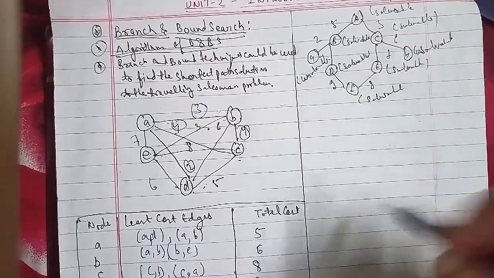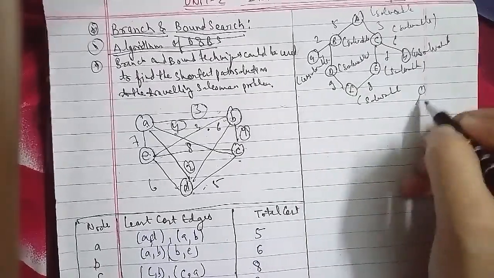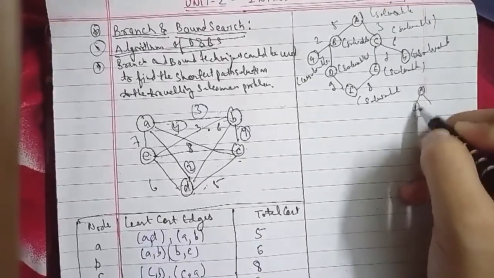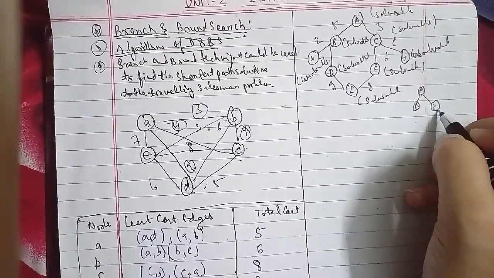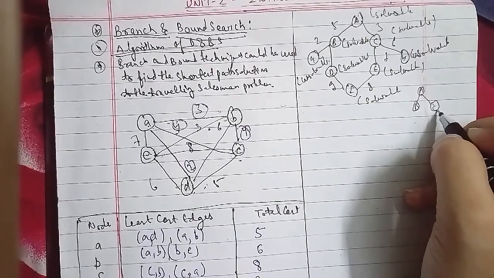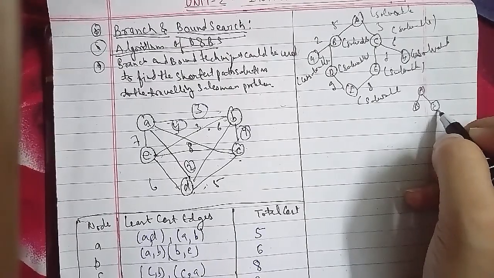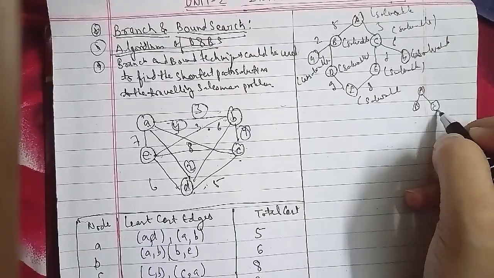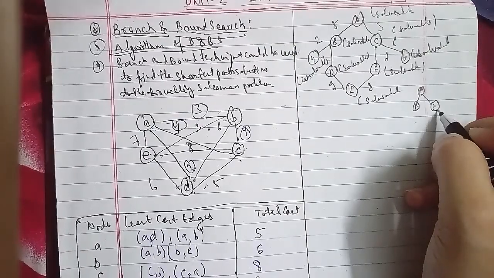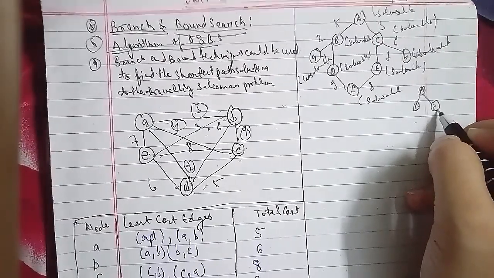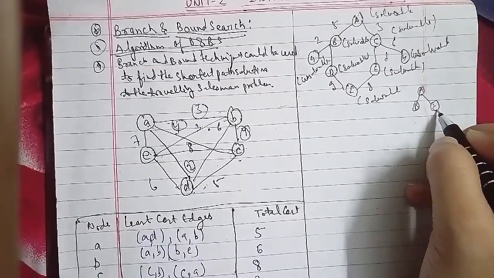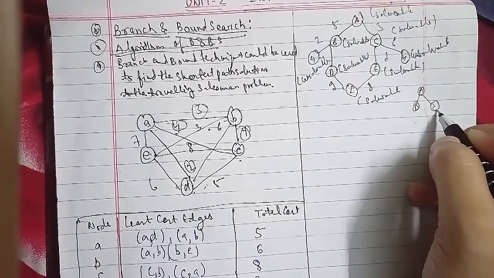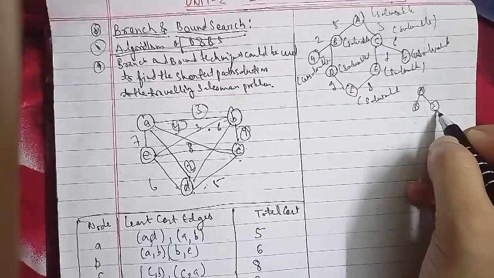In the same regard, B has been divided into G and D, and C is divided into E and H. Whereas these nodes G and H are unsolvable, so they are closed directly, and we process the nodes D and E. So D and E come under F as well.